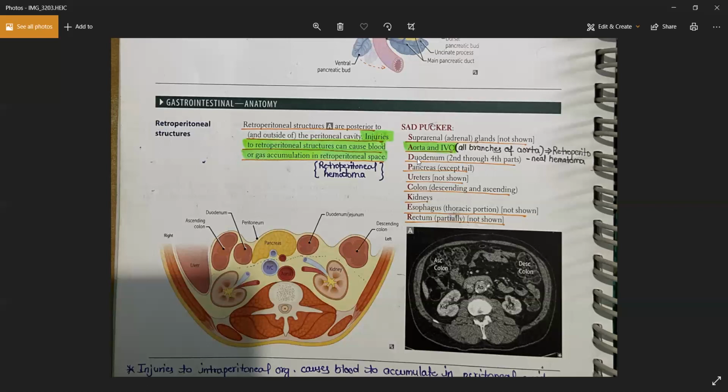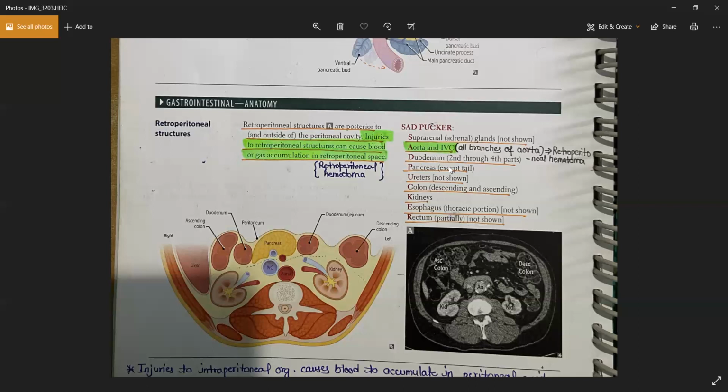For the duodenum, the second to fourth part, that means the distal half of the duodenum, will be retroperitoneal. The pancreas, except the tail part, which is covered by the peritoneum of the spleen, is a retroperitoneal structure. Then the uterus, then the colon, the ascending and the descending part. The transverse part is